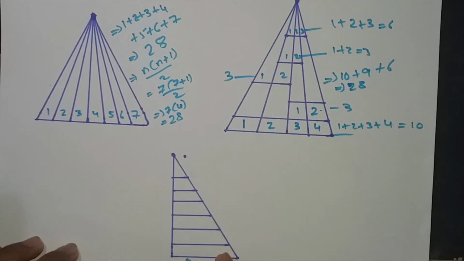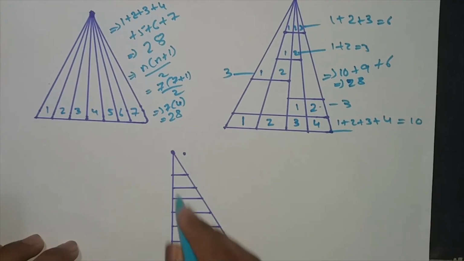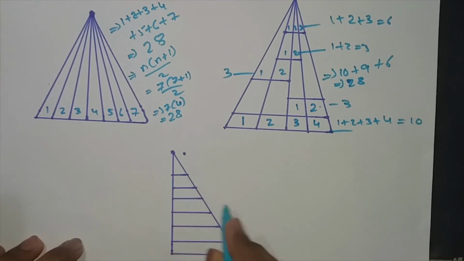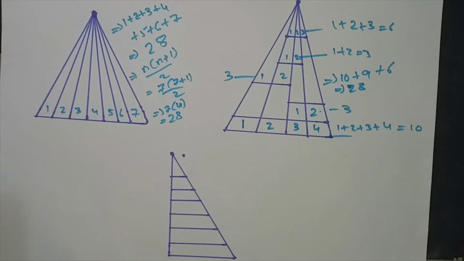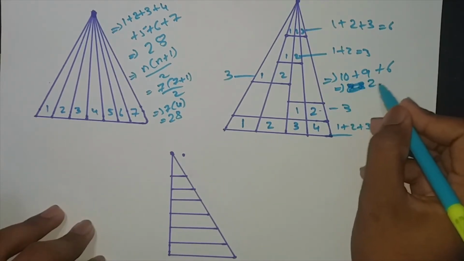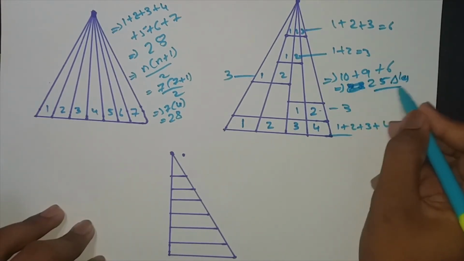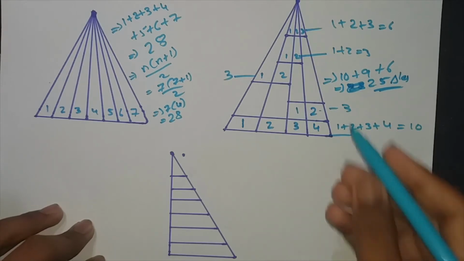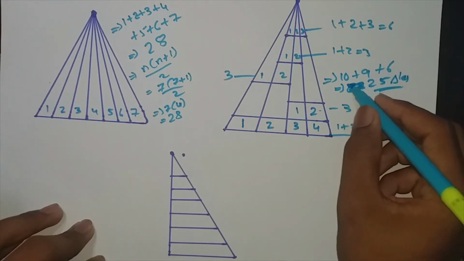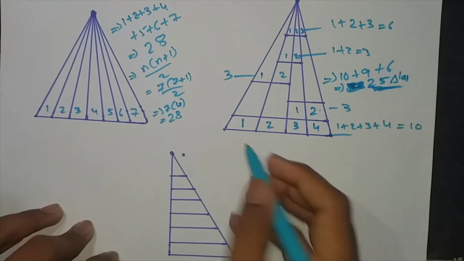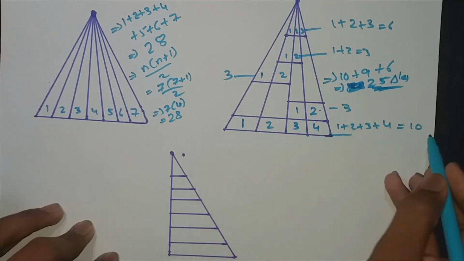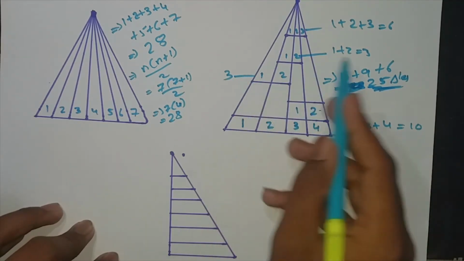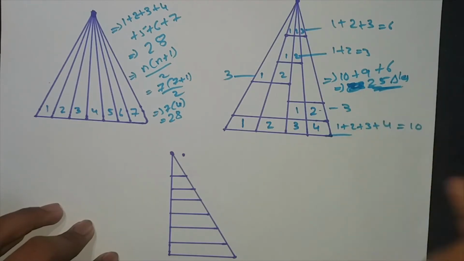And this is the given question. You have one right angle triangle with the lines in that. So sorry, this is 25 triangles. So there are a total of 25 triangles. By mistake I have written it as 28. So this is 25 triangles. You can write like that. That means 1 plus 2 plus 3 plus 4 equal 10, plus 3 plus 3 plus 3 plus 6. So you will get a total of 25 triangles.